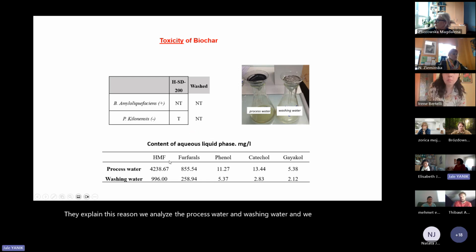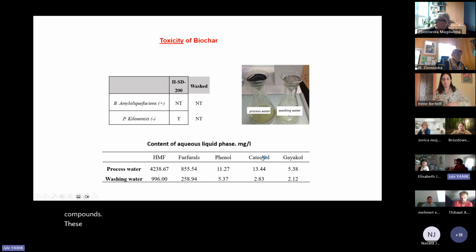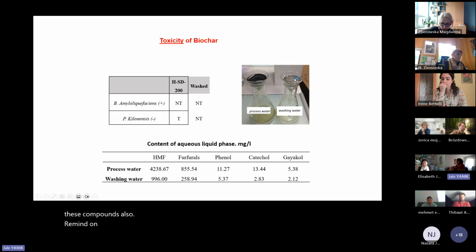We saw that the main contents in processed water are furfural and phenolic compounds. These compounds, as known, are toxic for microorganisms, for bacteria. And to test whether we removed all these compounds, or if they remain on biochar, after washing,